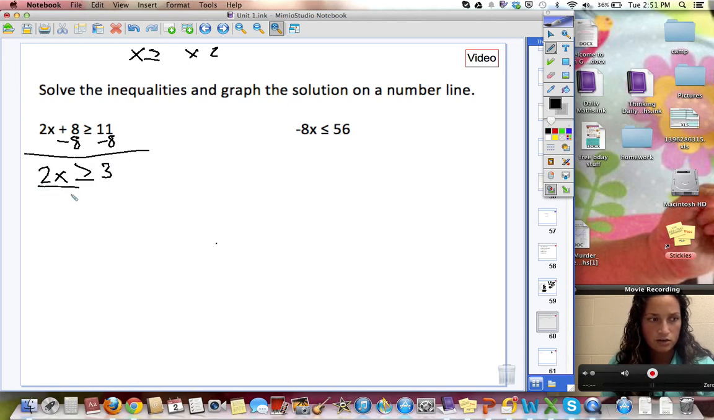Divide by, is that the same example that I have? Hold on. 2x plus 8 greater than or equal to 11. Okay, yeah, just making sure. Divide by 2, divide by 2. X is greater than or equal to 3/2. That's my answer. So if I want to graph this,